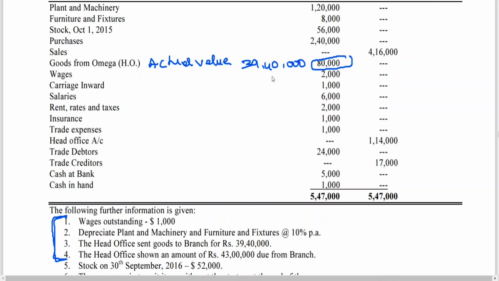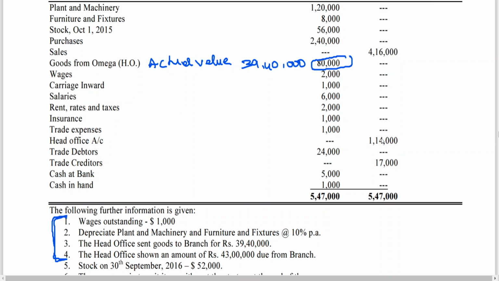Head office. Because you are preparing the final accounts of the branch in the books of head office, please try to understand. The trial balance has been provided by the branch in foreign currency, which you are converting into reporting enterprise currency. So I need the information in Indian currency, that is the reporting enterprise currency here. Head office currency is nothing but Indian currency. That is why I have taken actual. Similarly, I told you one more, that is point number 8.